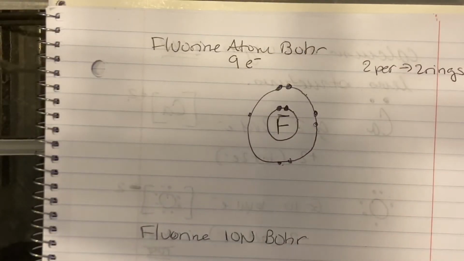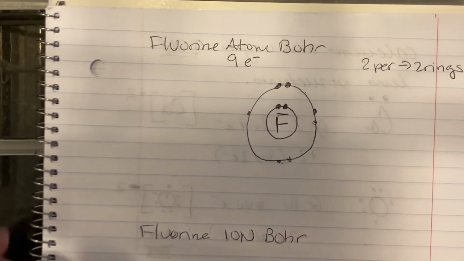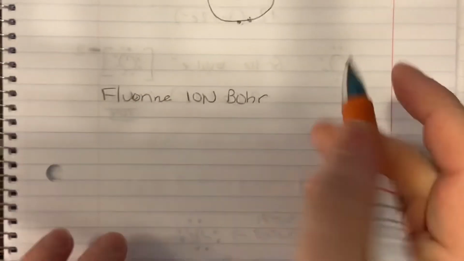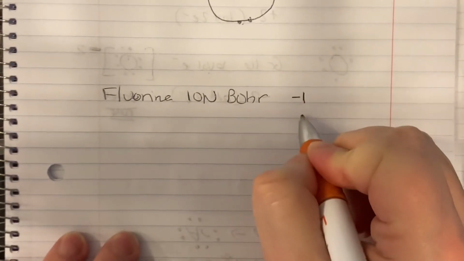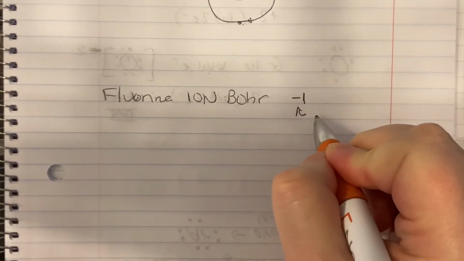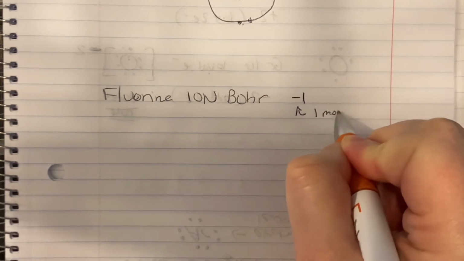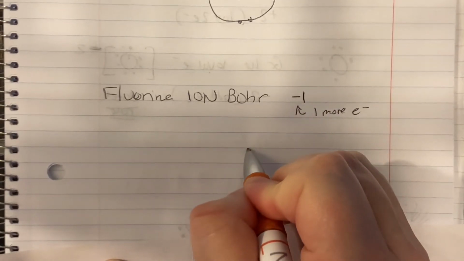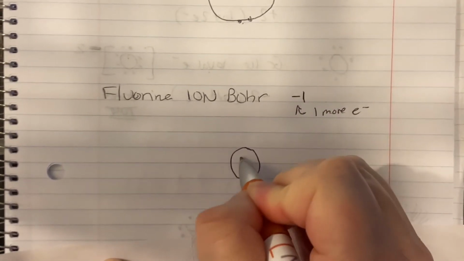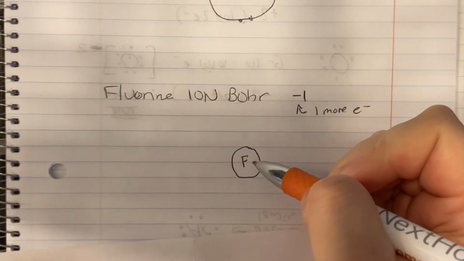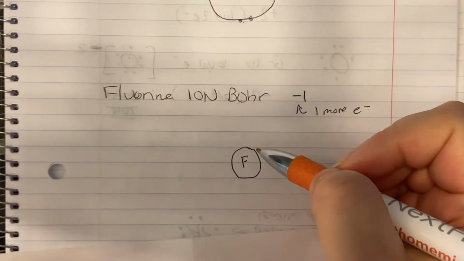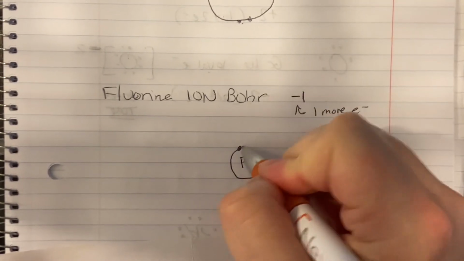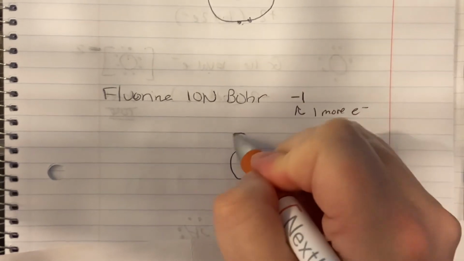Okay. Now that's the neutral atom, but we know when we look at fluorine that fluorine has a -1 charge. Negative, electrons are negative, so that means it has 1 more electron than the neutral atom. So we're going to still draw that first part the same. We have fluorine in the center. And I'm not drawing the protons and neutrons. You don't have to draw them for this unit. Just draw the electrons. 1s2,